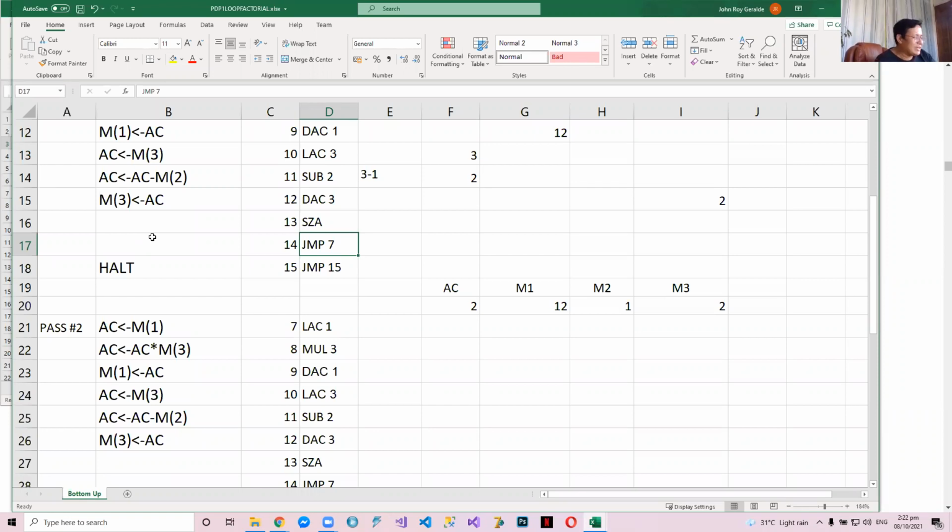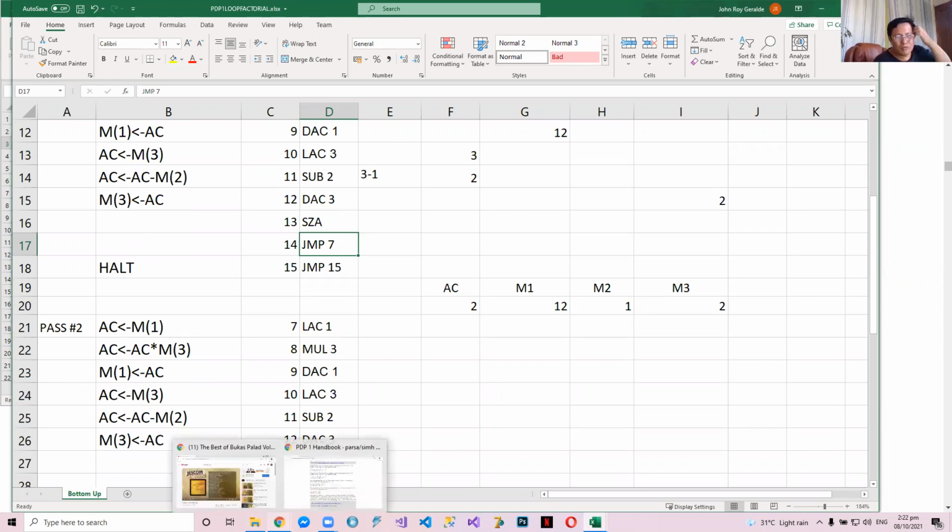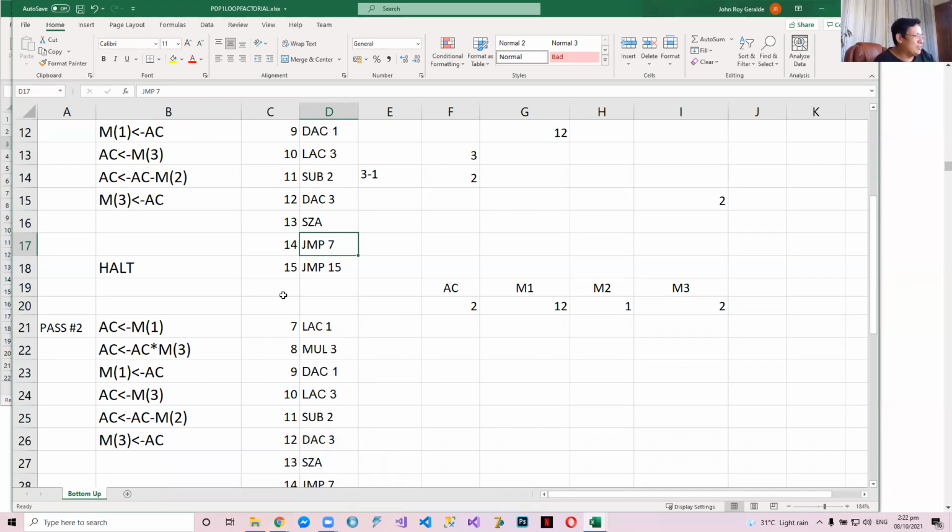In fact, there is a special jump that deposits the program counter, so that you can go back to where you jumped later. But that's a complex matter. You will discuss that somewhere in your other courses in the future. It's called a far call or a far jump. It's capable of a far jump or a long jump. A long jump means it can jump to a very far address and then go back to where it jumped before. Do you follow? But we will not discuss that anymore.